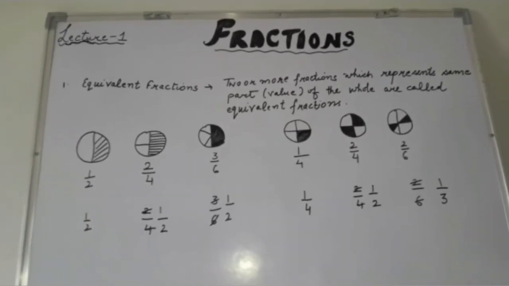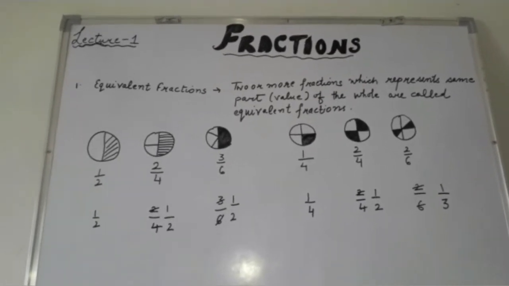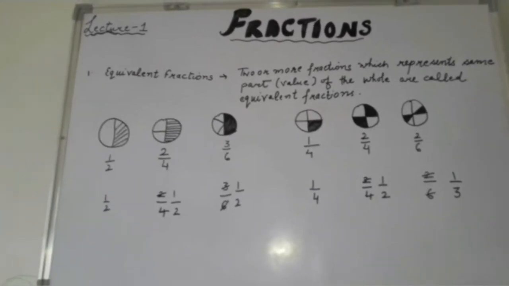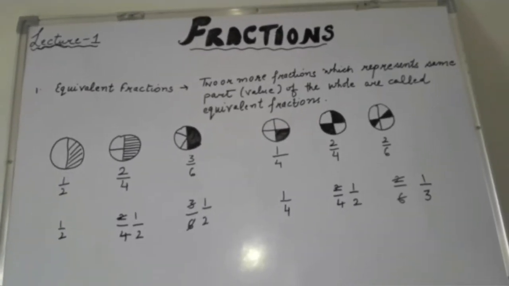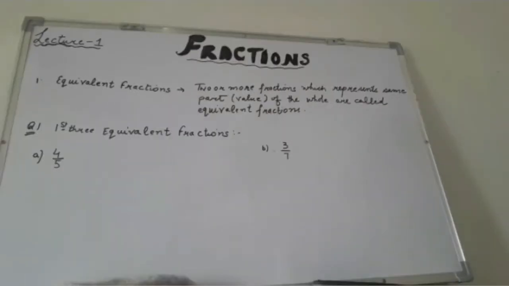Now, are they equivalent? No, they are not equivalent, because after cutting they are not getting the same fraction. So 1 by 4, 2 by 4 and 2 by 6 are not equivalent fractions. Let's start doing one question related to that, in which he is saying write the first three equivalent fractions, and